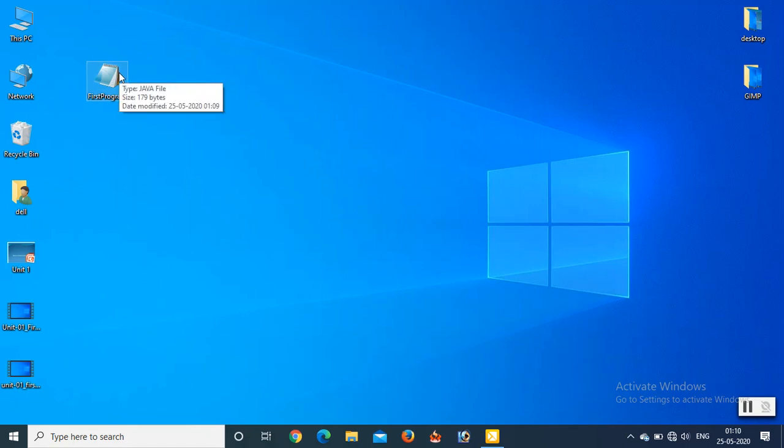Look, the type of the file is Java file, size 179 bytes, and date modified is today's date. It means 25/5, and the time is also there. So this is our file.